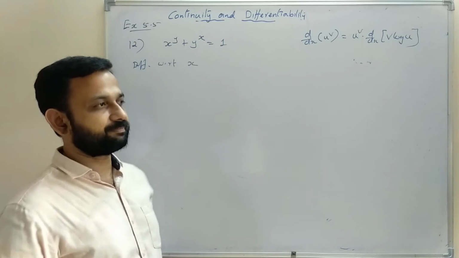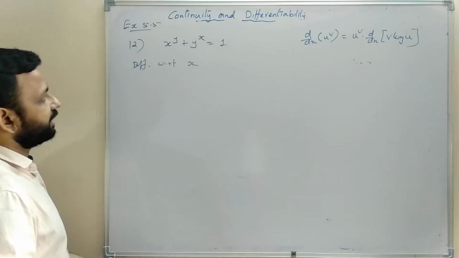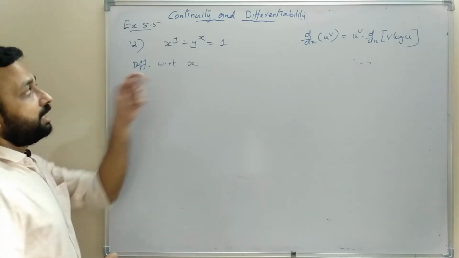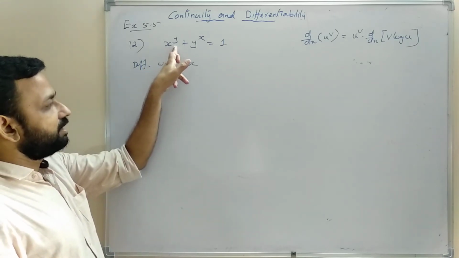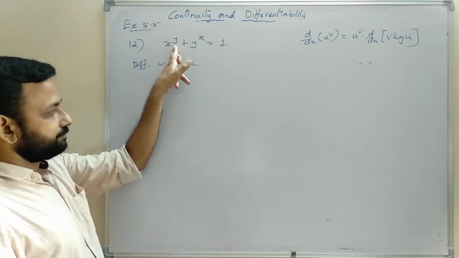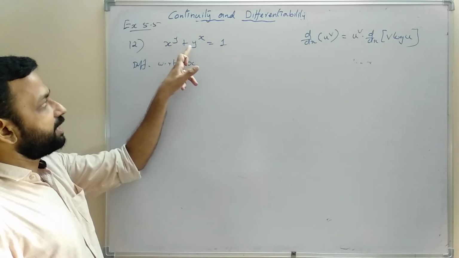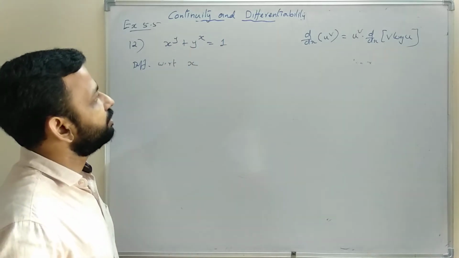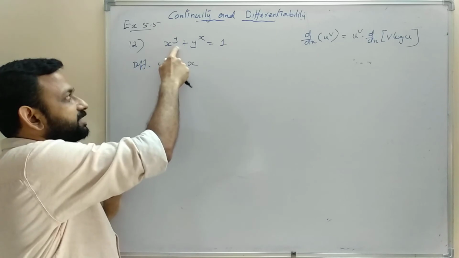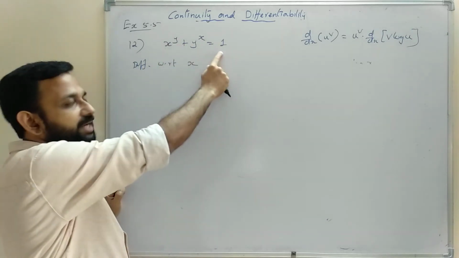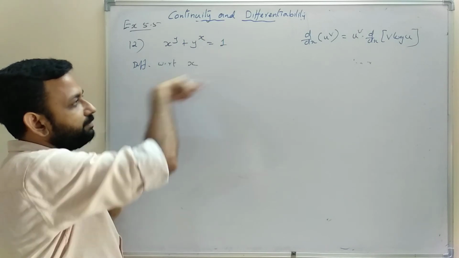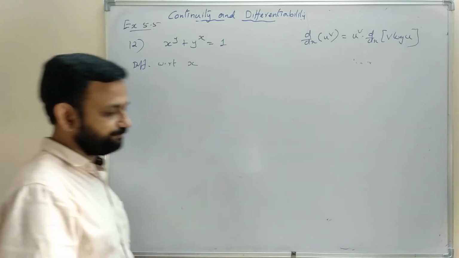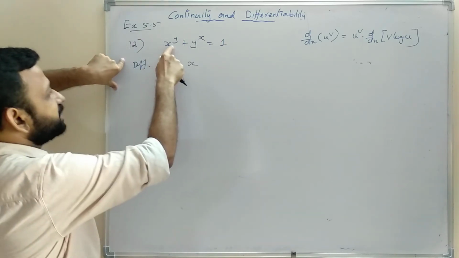So here derivative of x raised to y plus derivative of y raised to x is equal to derivative of 1. So here when we differentiate this expression with respect to x,